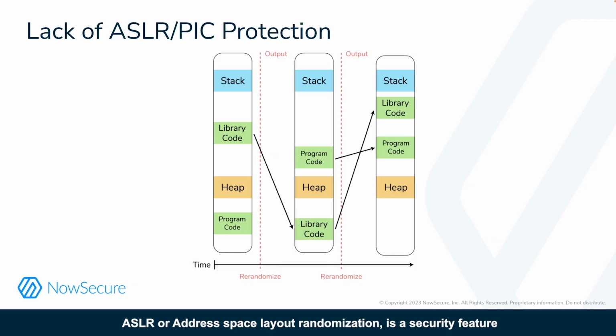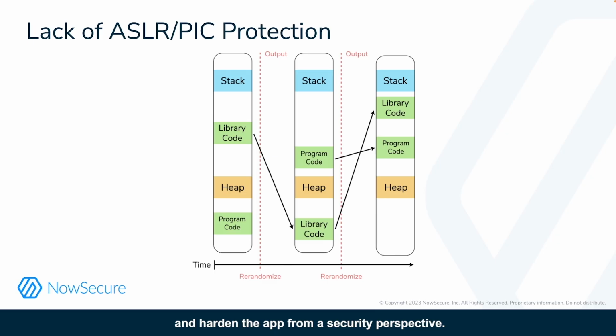ASLR, or Address Space Layout Randomization, is a security feature introduced in Android that randomizes how an app is loaded and maintained in memory. Position-independent code or executable, PIC or PIE, allows a program to be relocated, just like a shared object. Both are best practices as they are free, do not impact functionality of the app, and harden the app from